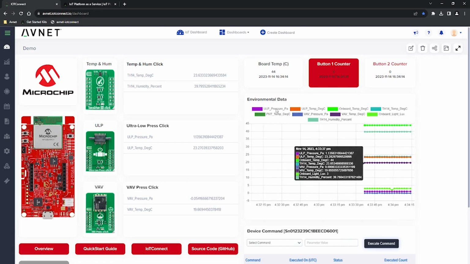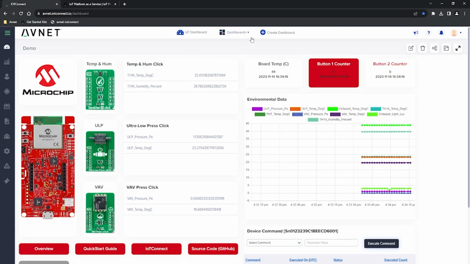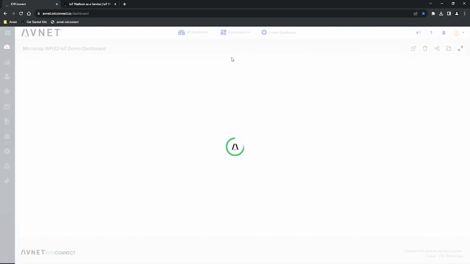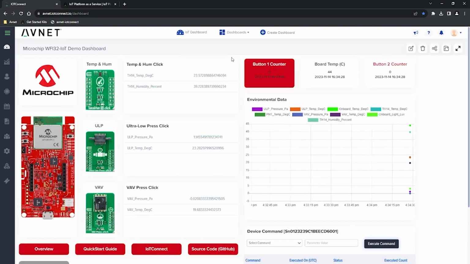Now I've called this a demo dashboard. If I go back to the dashboard menu, I can see that my new dashboard is right here, and it looks unsurprisingly not very different than the microchip dashboard because they're actually pointing to the same device. I actually just copied this dashboard. Once you have the dashboard created, you're able to do a couple extra features here. You're able to organize it how you'd like. You can also share this